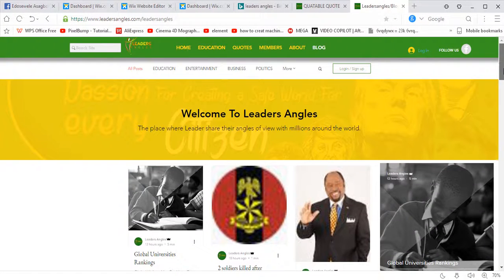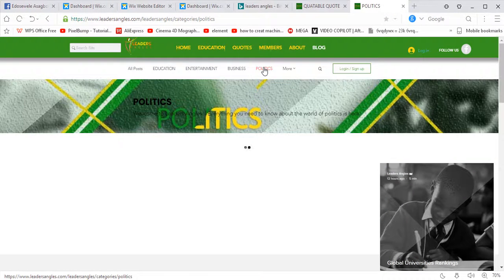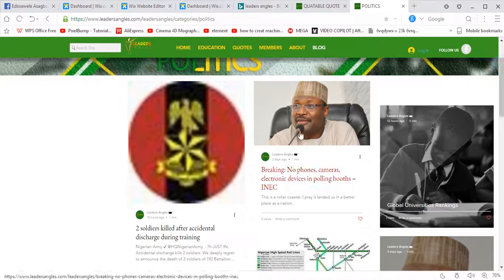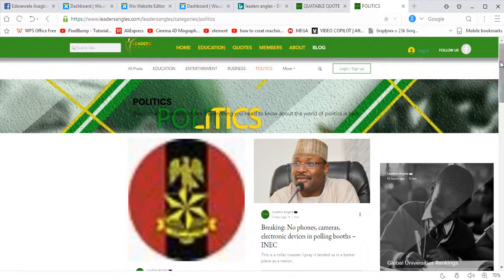So what else? Let's go into the category. That was politics, so let's click on politics. Let's wait for it to load. While waiting, politics pops up. Boom, you see now the post has appeared here on politics. So when we highlight, it shows in red. I just made that change today to make it look a little bit different from other websites. Alright, so that is all you have to do in order to get the post to